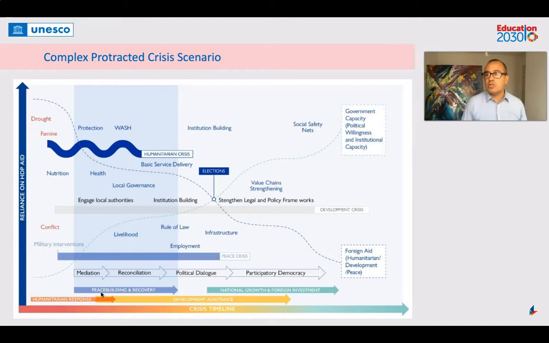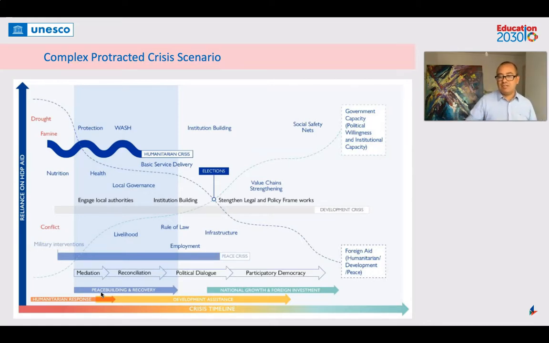The other thing is that, unfortunately, these situations sometimes are not so linear. We are talking, for instance, about complex protracted crisis scenarios where we have different crises that are happening at the same time. We have, for instance, droughts, famines, conflicts that are happening, in which we need to have immediate actions, but at the same time we are combining with middle-term actions and with long-term actions that we have identified as a priority within our plans. So we need to reconcile the way in which different actors, for instance, the health service actors, the livelihood, the local governance, the basic service deliveries, all of them enter in a way that we can create a good wave in order to